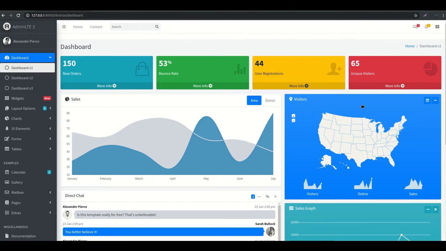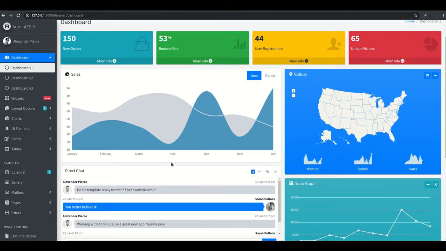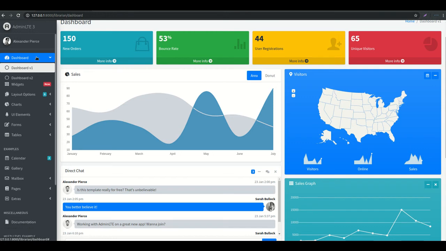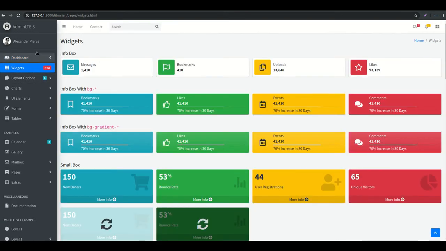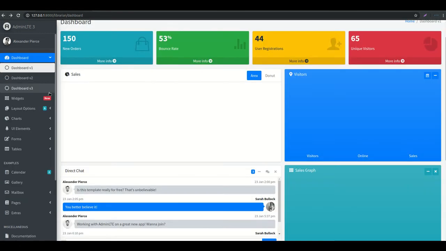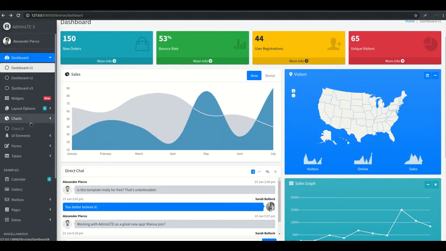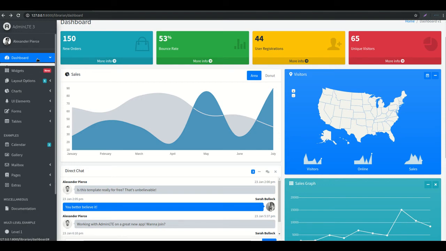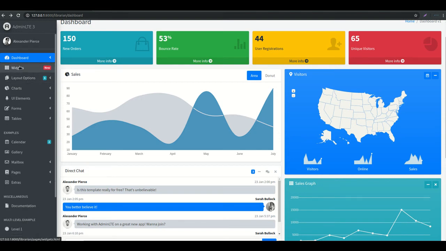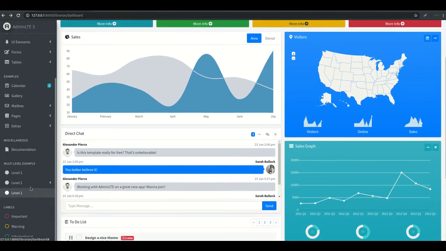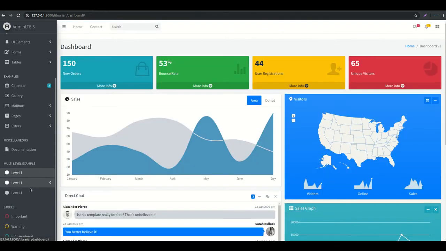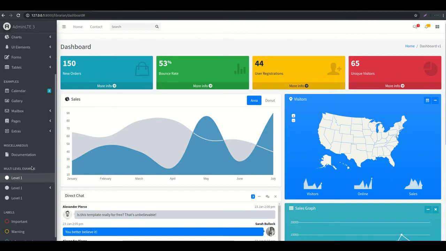Okay, we don't need all those things like that map and that sales chart. We don't need anything, and if we need it, then we will develop it later. Okay, so first, wait, first we need the layout option, chart. We need this kind of thing. If I am getting some icon, then it will be good. Okay, I need only one thing.